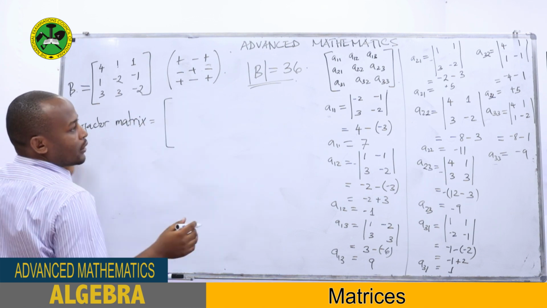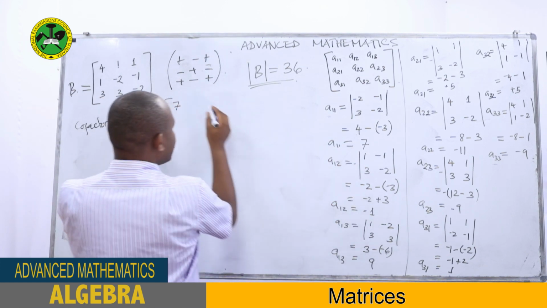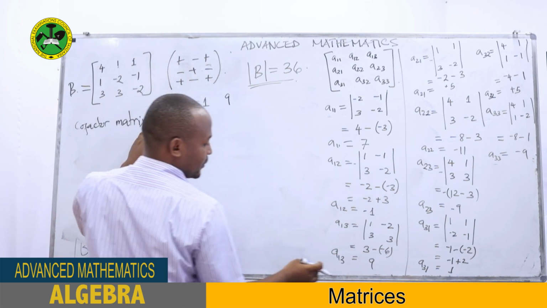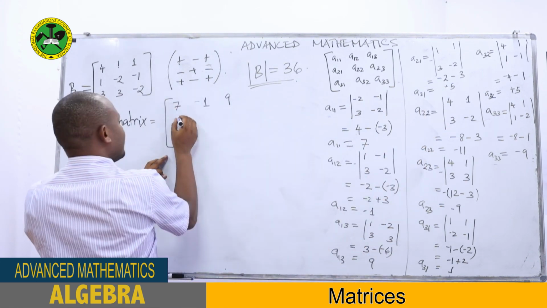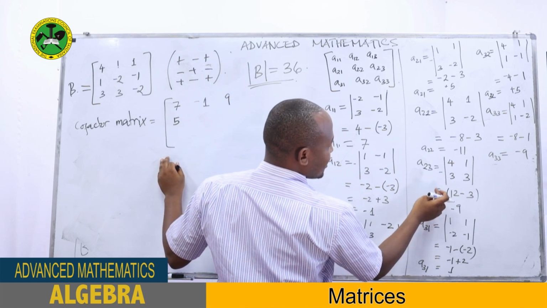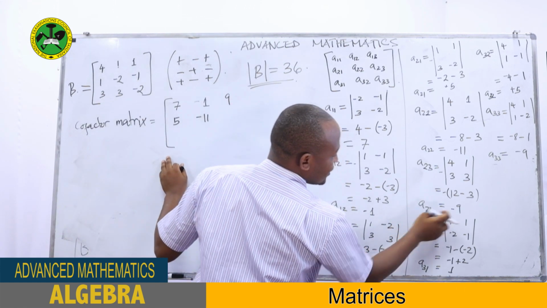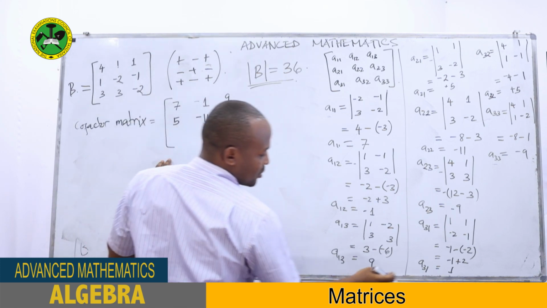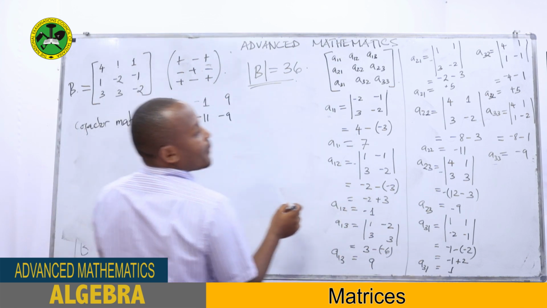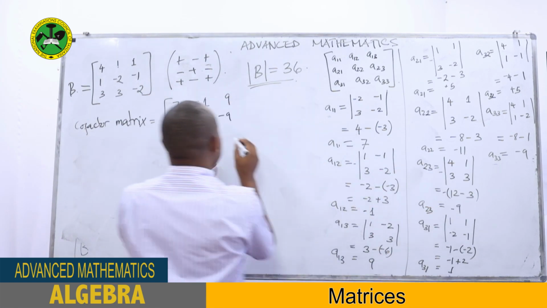So the first one is 7, and that one is -1, and that is 9, and at that position is 5, and at position 2,2 is -11. At position 2,3 is -9. At position 3,1 is 1. At position 3,2 is +5. At position 3,3 is